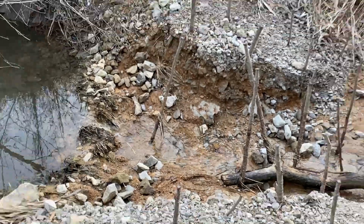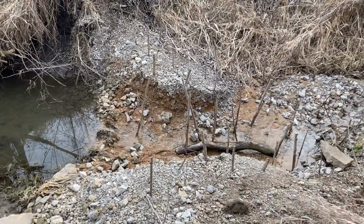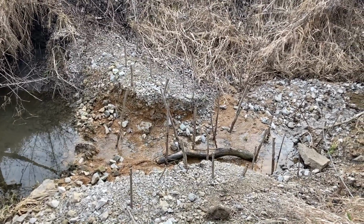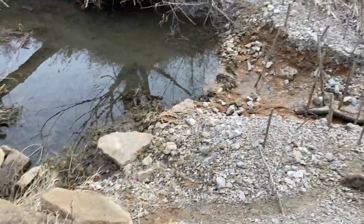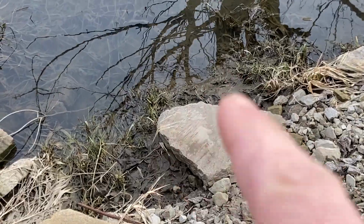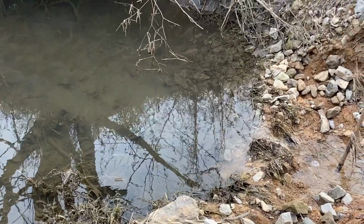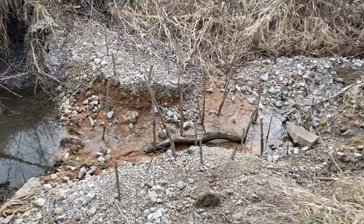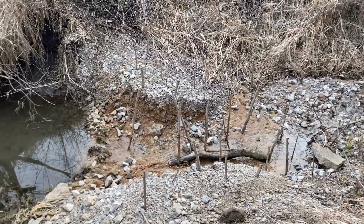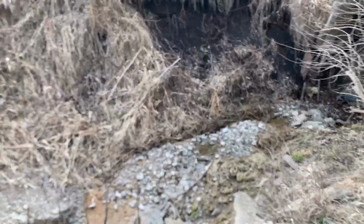And then here we got a little breach, but notice how it breached right in the middle, just like we designed it. The middle breaches. And you can see here sediment from before it breached around that. And it looks like it wants to be longer